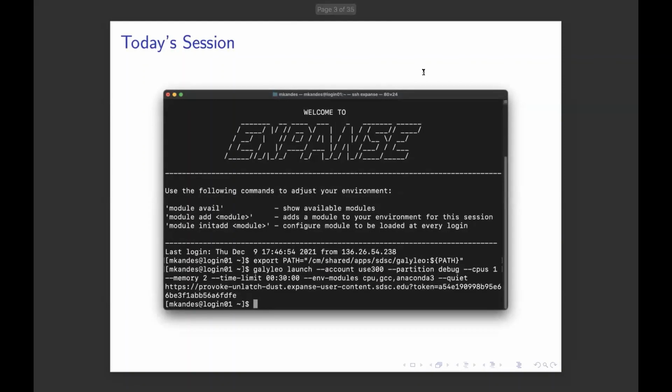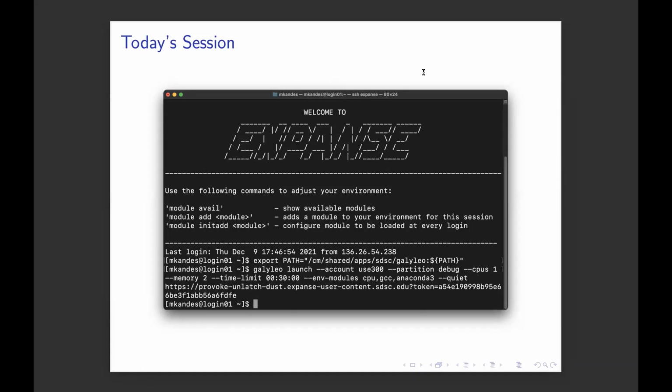And in particular, I want to introduce you to some of the new tools that we have on Expanse and have been around now for about a year, trying to provide you with an easier way to launch your notebooks more securely on SDSC systems. My main goal today is to get you familiar with this Galileo tool by the end of the session, if you haven't already used it. This is the way we now recommend that you run your notebooks on Expanse, and it's also available on other